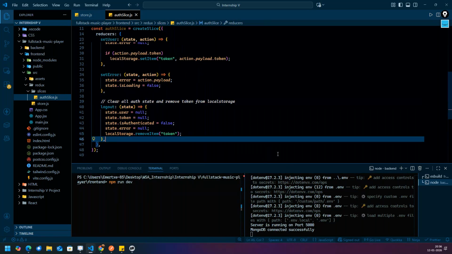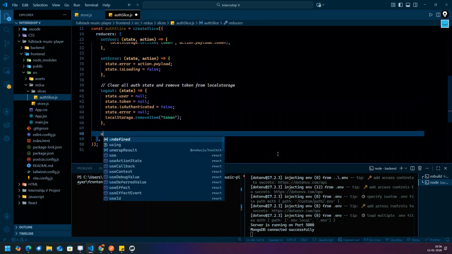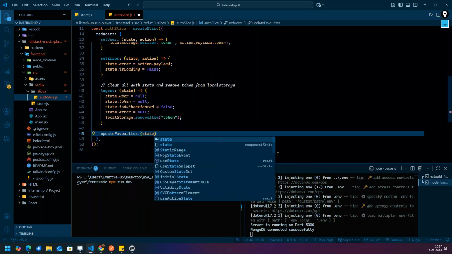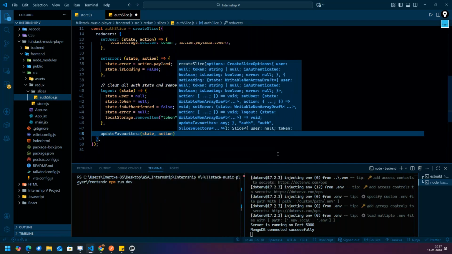Nice answer, guys. Next, I'll write update favorites. If you remember, we have something favorites over here, so that we need to update. That also is an API call, state action.